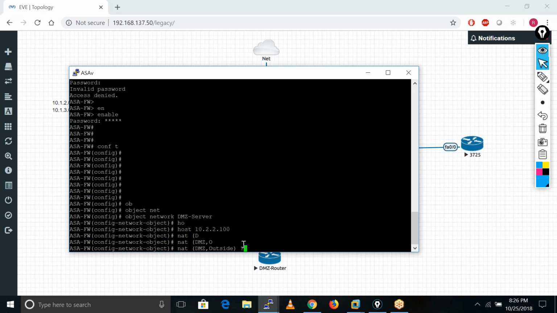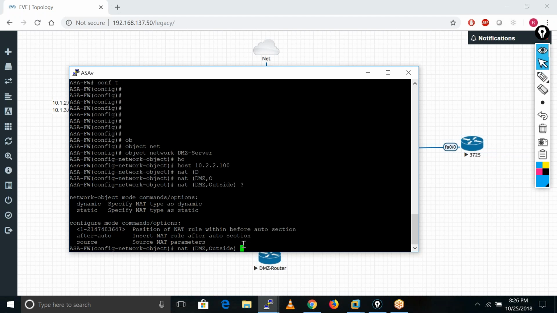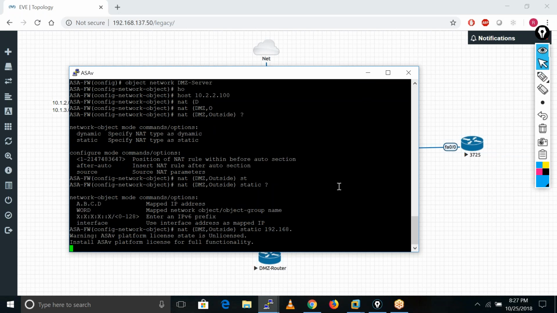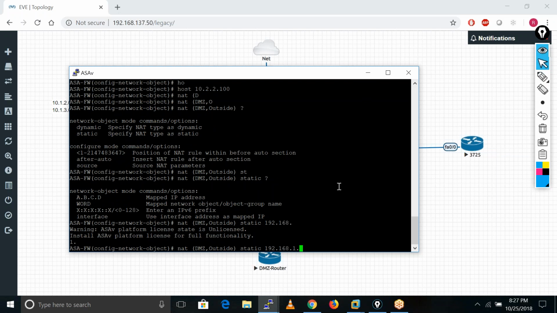After that, if we press the question mark here, we have a static keyword, right? So we use this keyword static. After that we can define our public IP address. Let's suppose our public IP is 192.168.1.149.